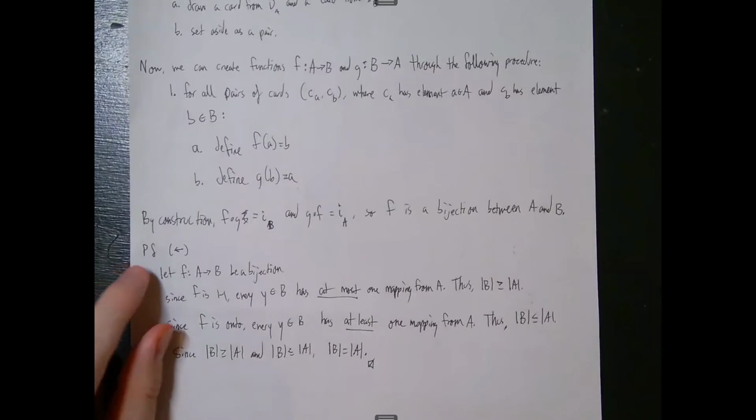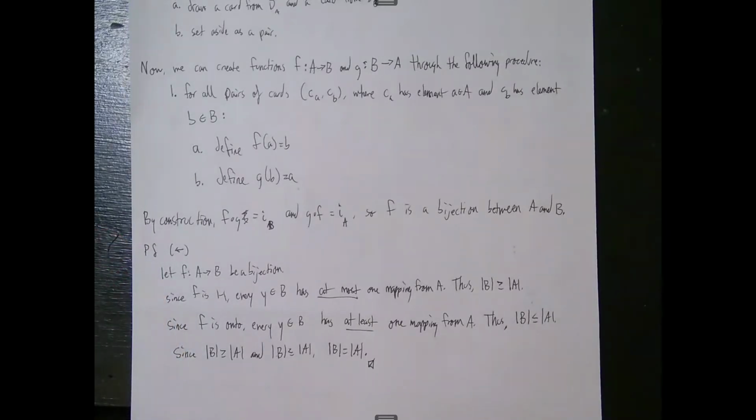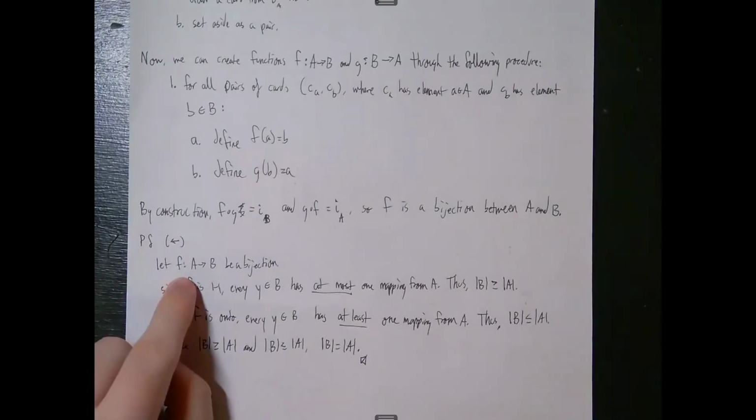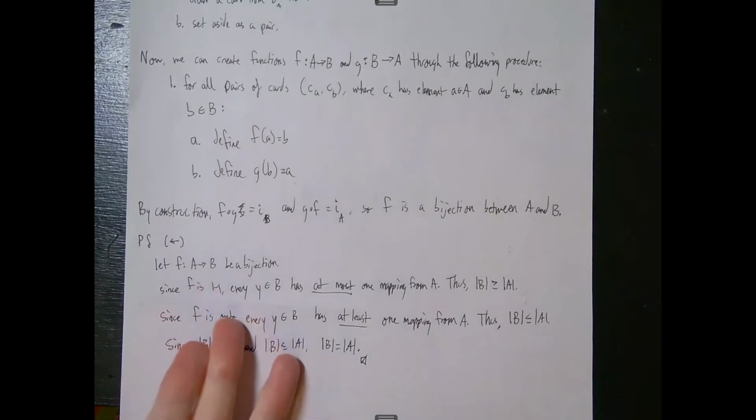The second part of the proof is a lot easier. We're going to assume that there exists a bijection between A and B, so we're going to call one of those bijections F. Now, we're going to apply the definition of one-to-one and onto directly. So since F is one-to-one, if you remember back to the one-to-one and onto videos, that means that